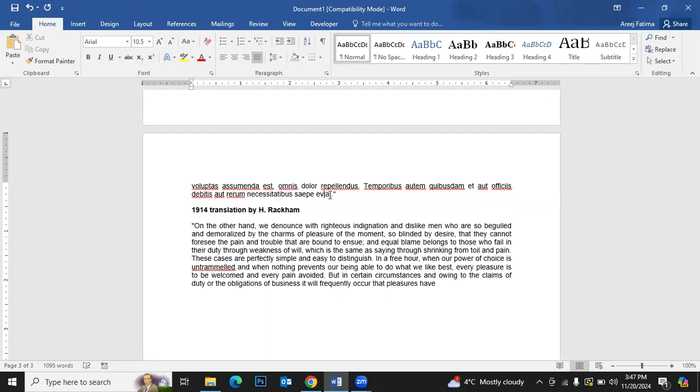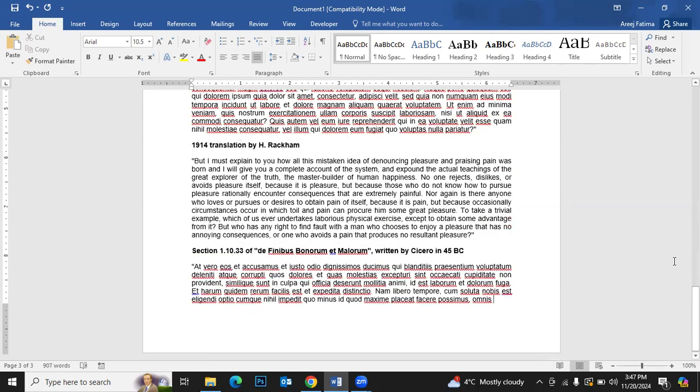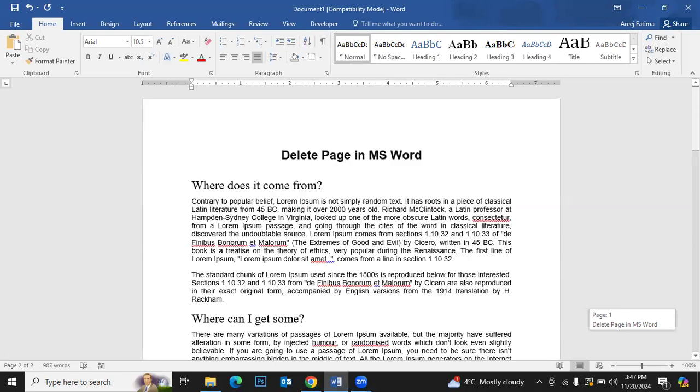Here you can see the complete content is also deleted. So this is the way to delete the complete page. So this is a very simple and easy way. You can easily delete any page from your